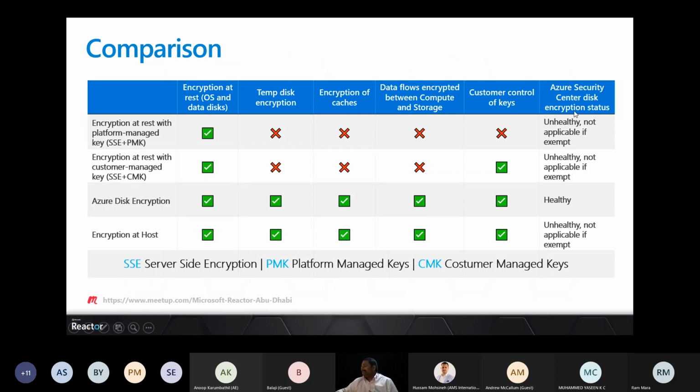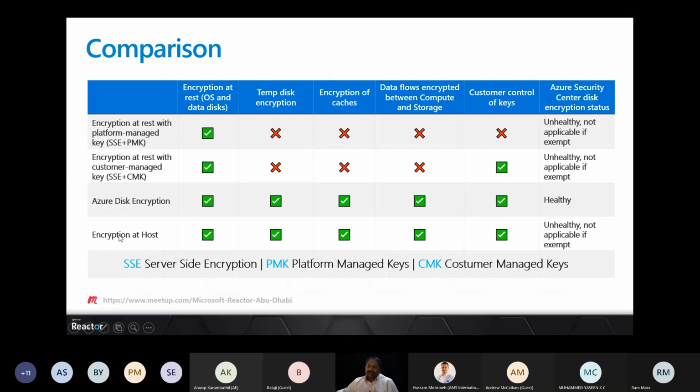If you see the Azure Security Center recommendations, I will show that in short. This is how it shows when you have Azure Disk Encryption in Azure Security Center: it will show you healthy.